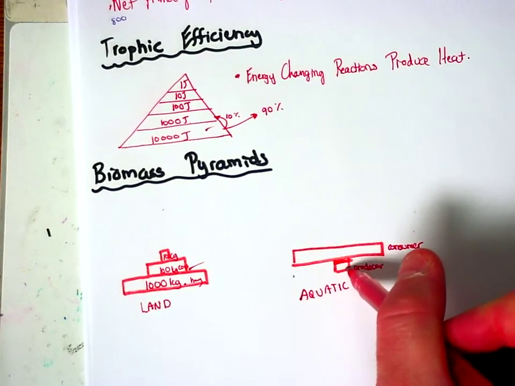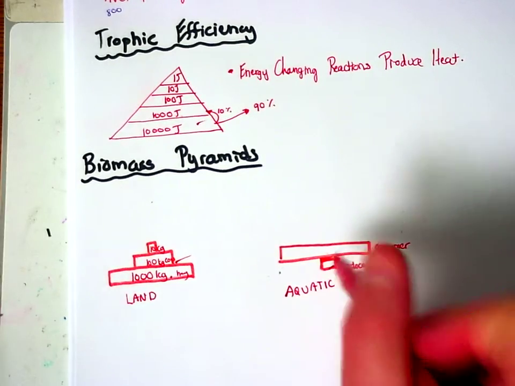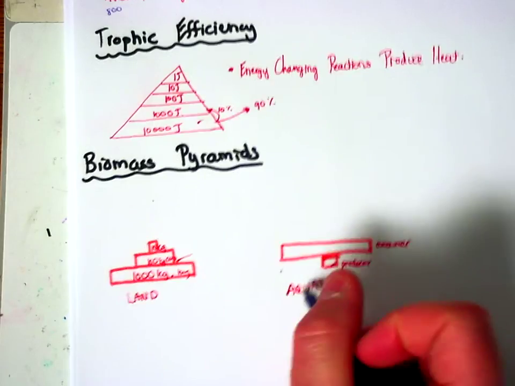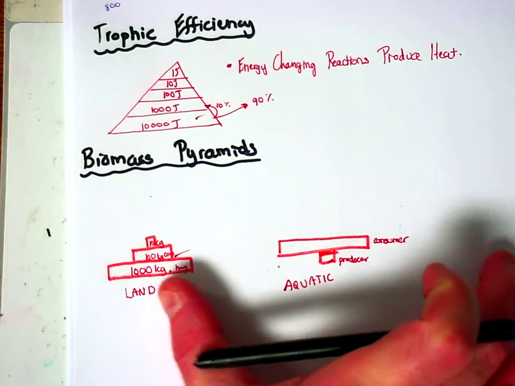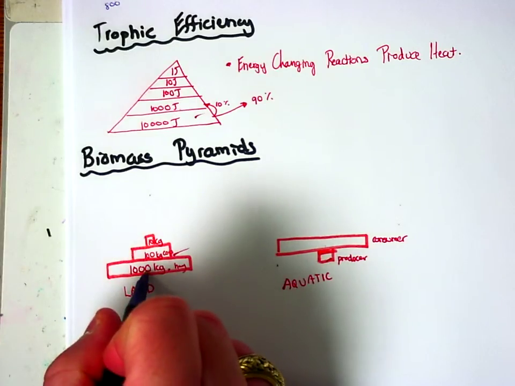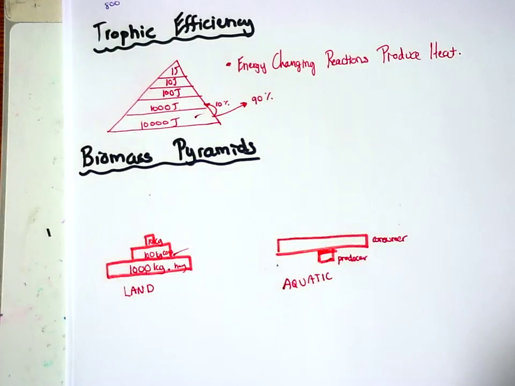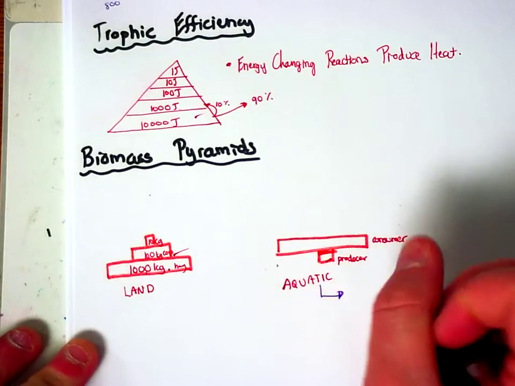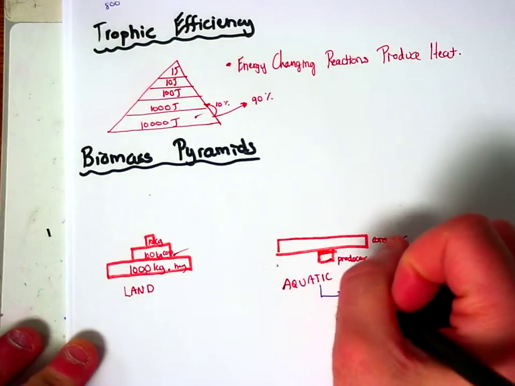Since the system is always going to be inefficient, you would think that the box on the bottom needs to be ballooned out to be about this large for it to work like you've learned it. But the reality is that some aquatic ecosystems are inverted like this, and that's because a lot of aquatic ecosystems have something that we call turnover time. They have a very quick turnover time,